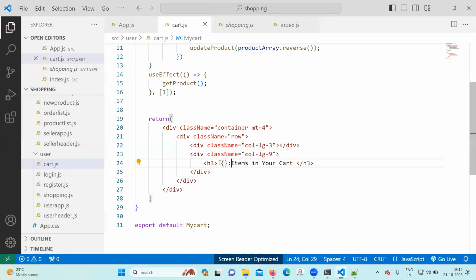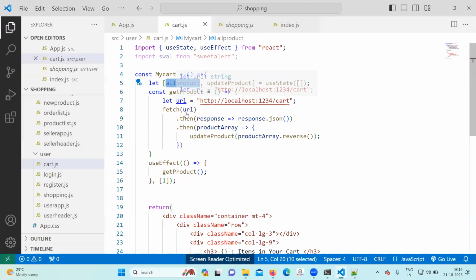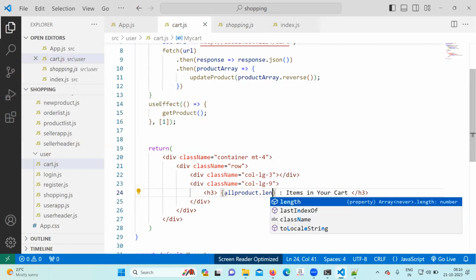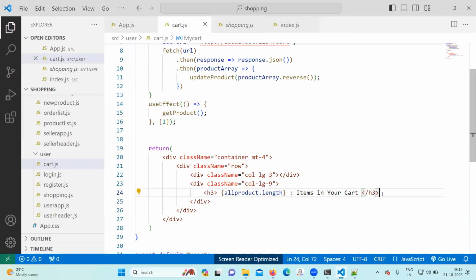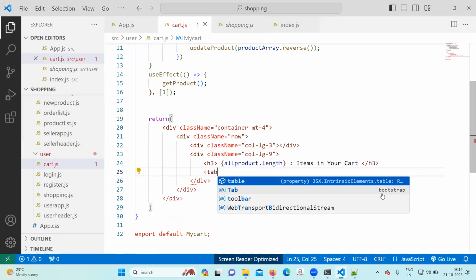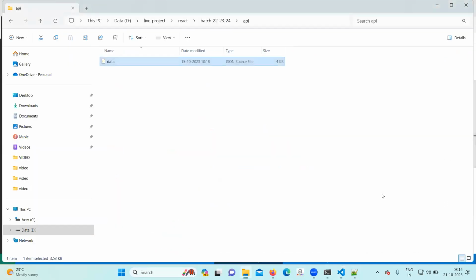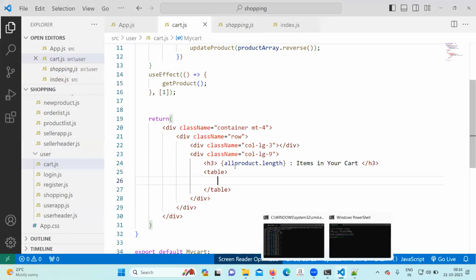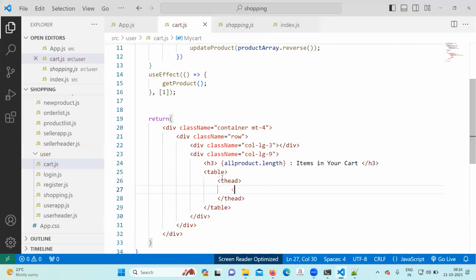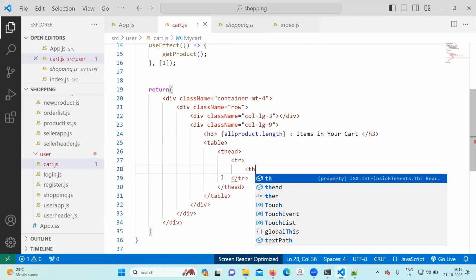You can display the length in the beginning. What is the array name? allProduct. allProduct.length will display how many items you have added in the cart. Then you will create a table here. The thead you will follow, tr you will follow, th you will follow,